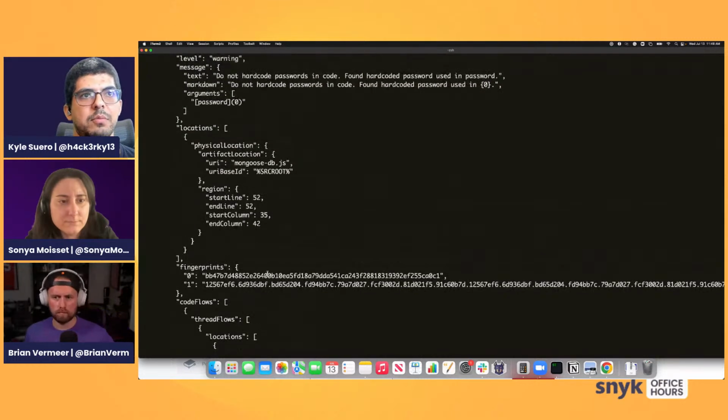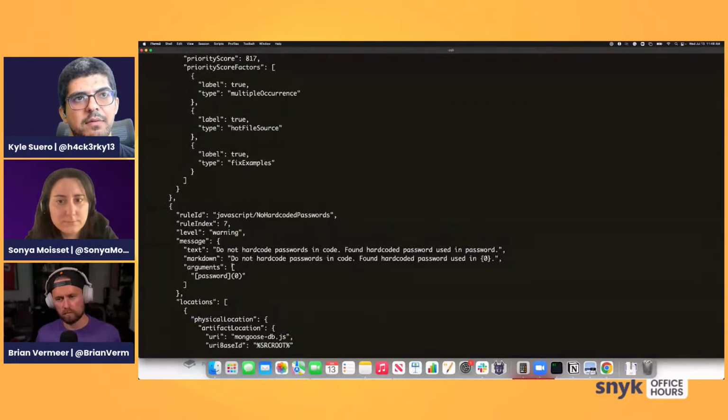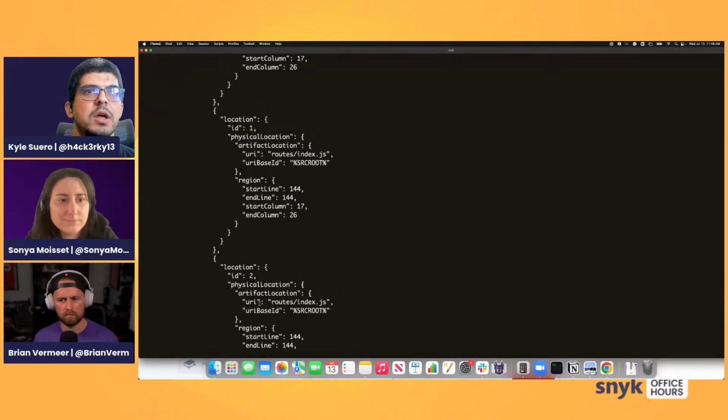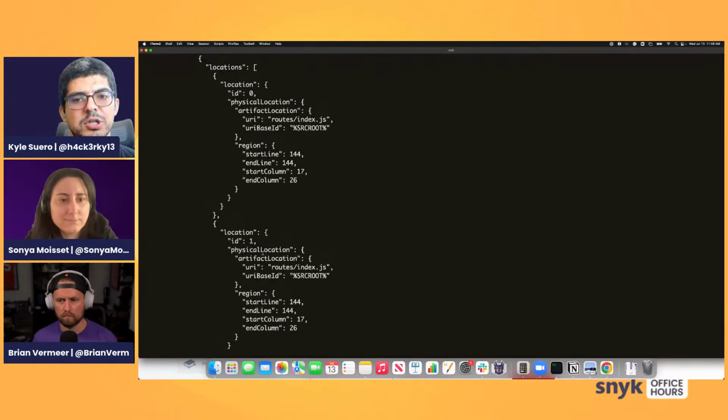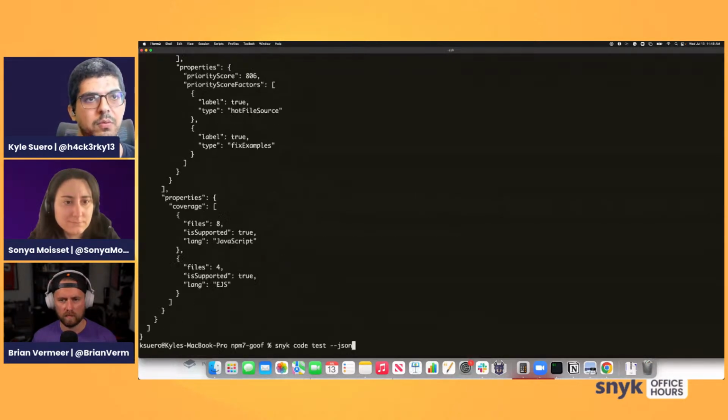They'll put it in Logstash, they'll put it in Splunk, and then essentially you'll be able to look down at the project level, at the file level, using your filtering, using your Splunk query language, and you'll be able to gather information based on the JSON output. There's also the SARIF output,